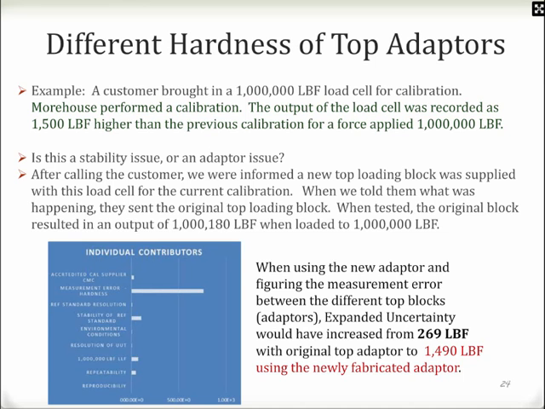So would you mind sending back the original top adapter that was used the last time it was calibrated? Do you want to send that back? And they said, yeah, we'd like to send that back and see if that is the culprit. So when we used the new adapter,